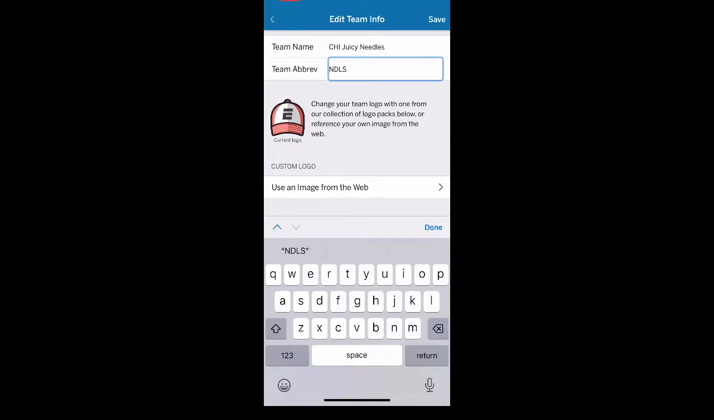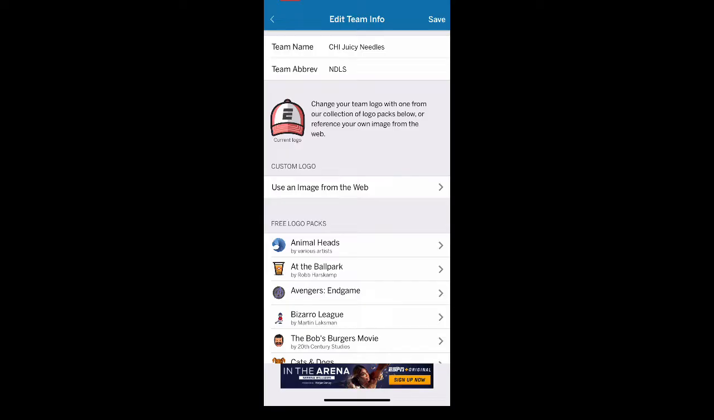and you will see that you could customize your logo. As I said before, there are all sorts of free logo packs that are sponsored for free by different sorts of companies, and they have their own images that you could choose from. I know there's some Star Wars images or different cartoon characters that you could select from,